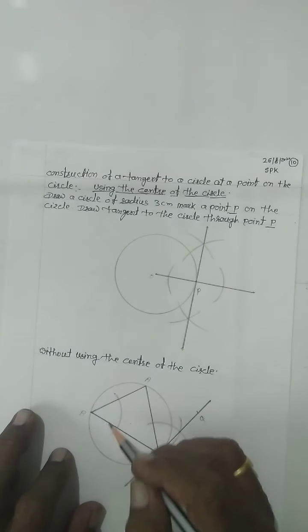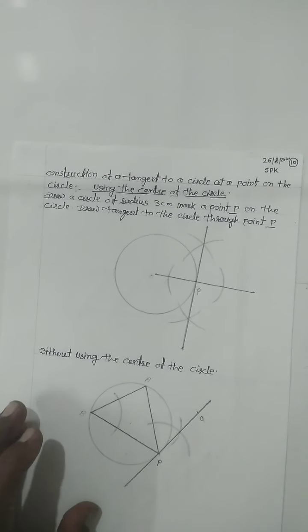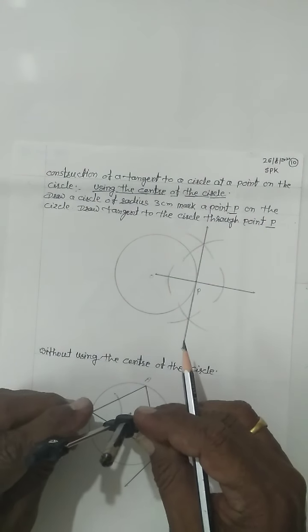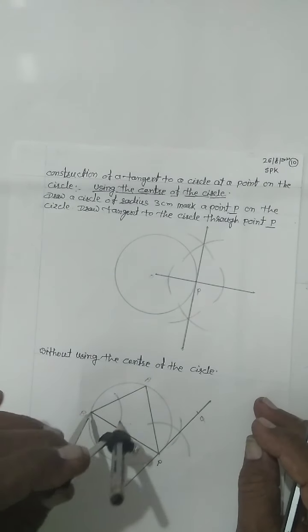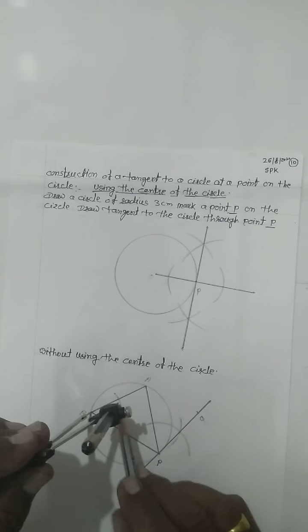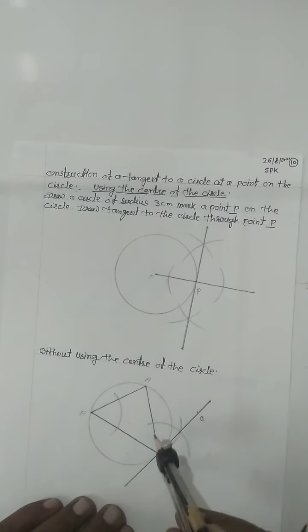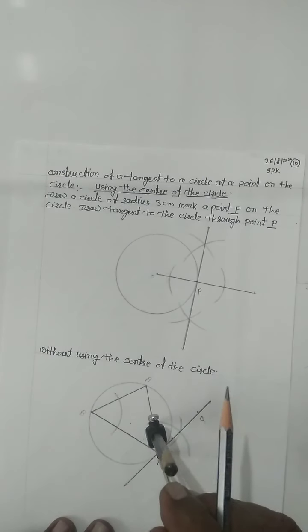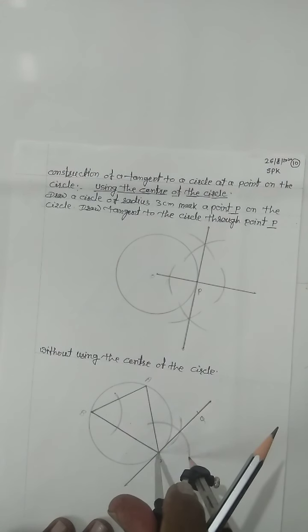Now we want to draw the same angle at the point P. For that we take some distance between two terminals of the compass and draw an arc. This arc intersects the two sides of this angle. Now keep this distance as it is and draw an arc which starts from the side AP and extends the arc in this way.